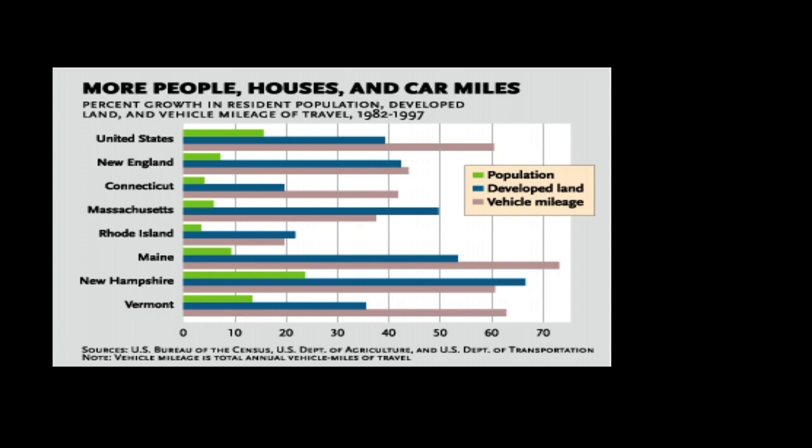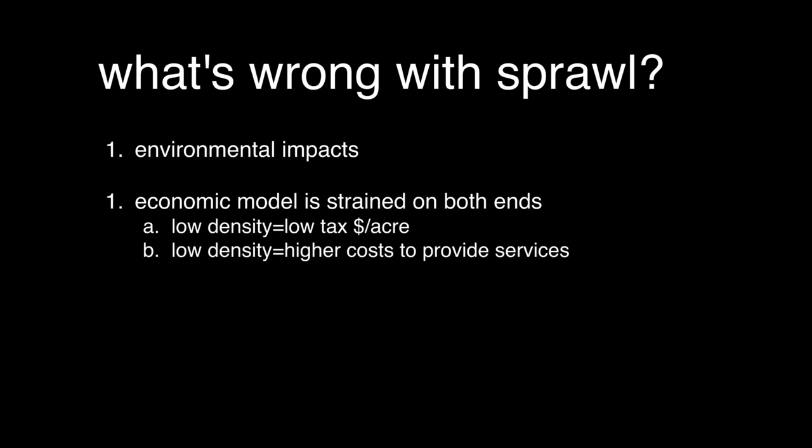So that VMT statistic, vehicle miles traveled, that Sanderson is talking about in the reading, he's tracking that same statistic. Okay, so you have the environmental impacts of sprawl, and we could probably enumerate further ones that make sprawl a problem. I also want to just point out that sprawl has a kind of perverse economics attending to it, which